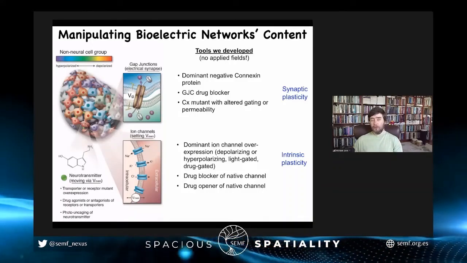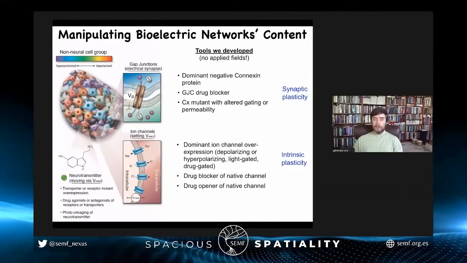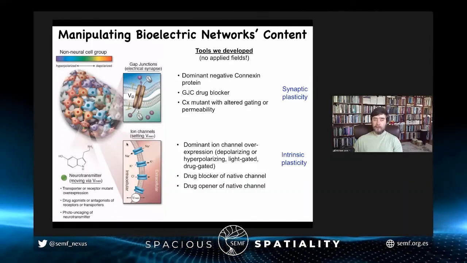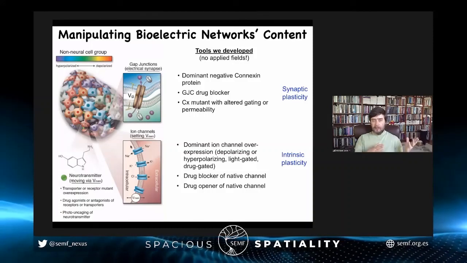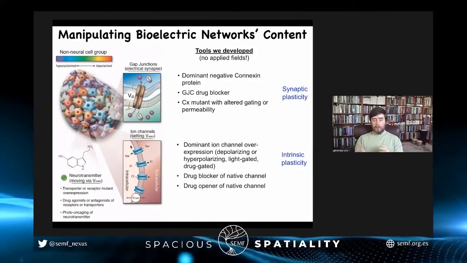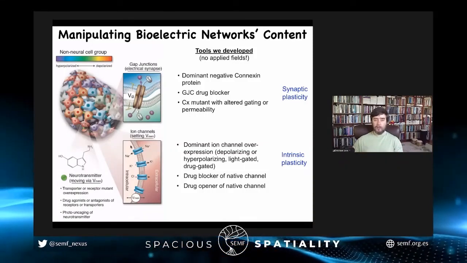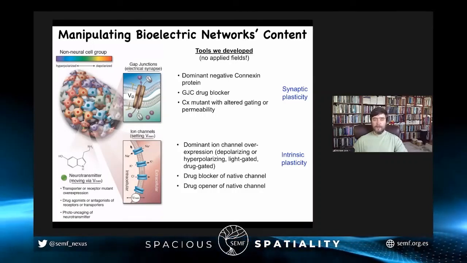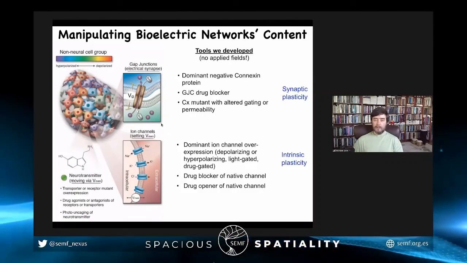It's very telling that all of the tools of neuroscience work in other cell types. Basically, the tools can't tell the difference, right? This distinction between neuroscience and other cells in your body is completely artificial, and it's a consequence of humans trying to parse the world. Nature doesn't obey that distinction.